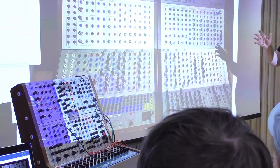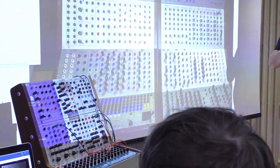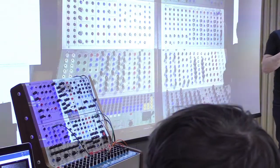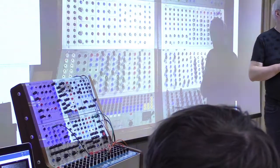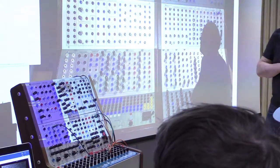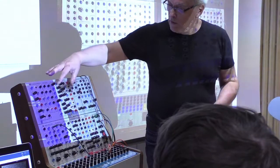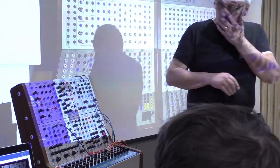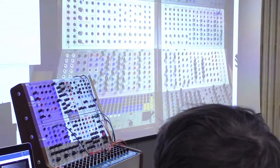Serge 73 model and the Serge 79 model is that the Serge 73 works at a lower level of primitiveness. You have to basically create the modules yourself from very basic elements, such as negative and positive slew limiters and comparators. They had basic oscillators there, for sure, but to make, for example, this module that we have a lot of use for in the Serge 79, this universal slope generator, you've got to build it up from first principles. But anyway, this is the Serge 79, which means that the design was somewhat complete in 79,